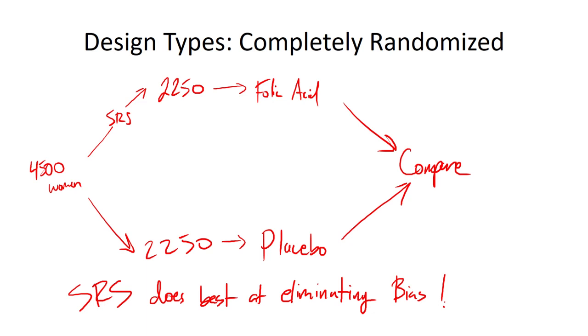Now, it may be that you actually want to take those lurking variables into effect. Maybe you have some reason to believe that folic acid might be effective among some people and less effective among others, or you just want to see how it behaves in different subgroups. Then that's what's called a randomized block design. So what you do is